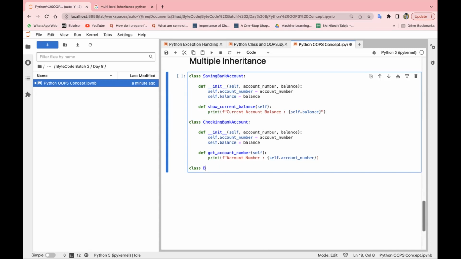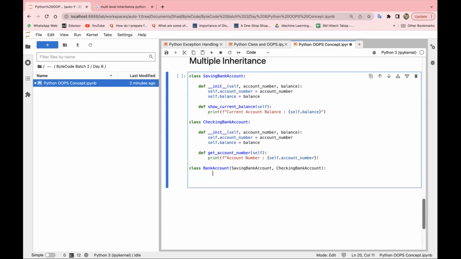I can create a class known as bank account, and I can inherit both of them, saving bank account and then checking bank account. And in the init function,